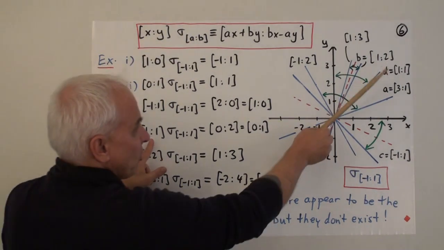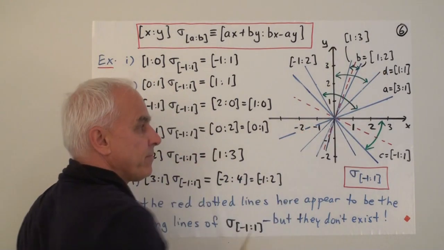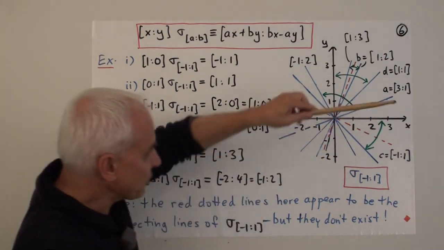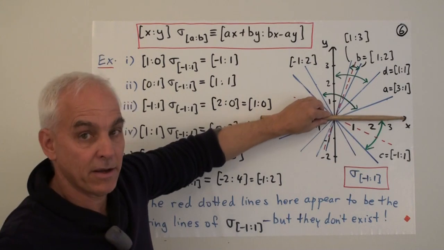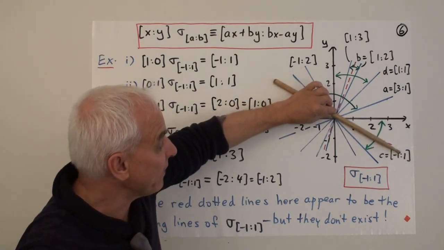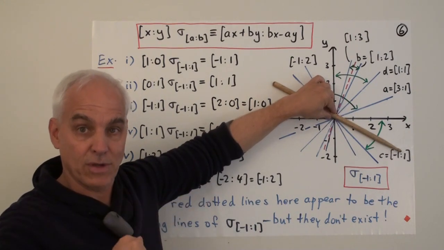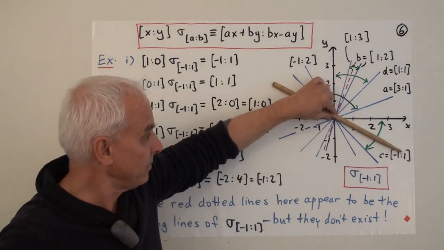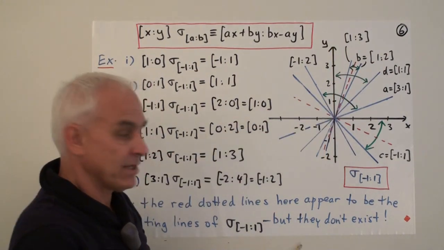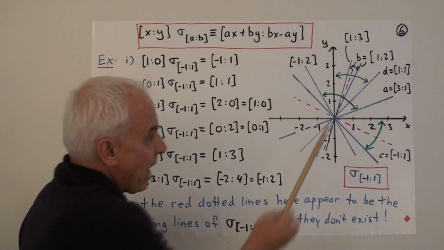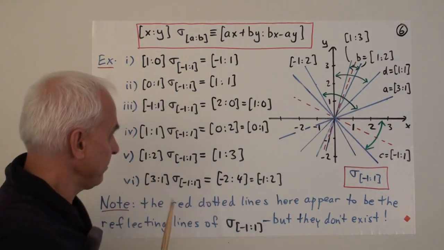It undoes what it did at this first stage. Similarly, if we apply it to 1, 1, then it undoes what it did at this stage and we get back to 0, 1. So this reflection has the property that it sends this line to this line and it sends this line to this line. It really does look like it's a reflection about some intermediate line that's halfway between those two lines, whatever halfway means. And similarly, this line is sent to this one. It looks like it's again a reflection, perhaps in a line halfway between, whatever that means.